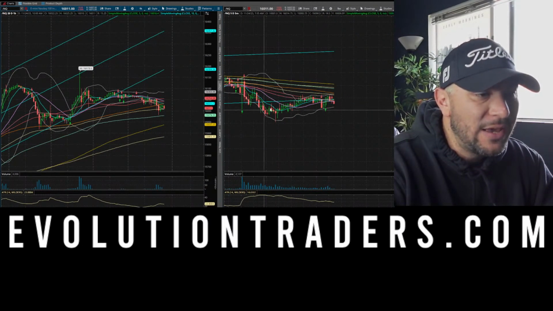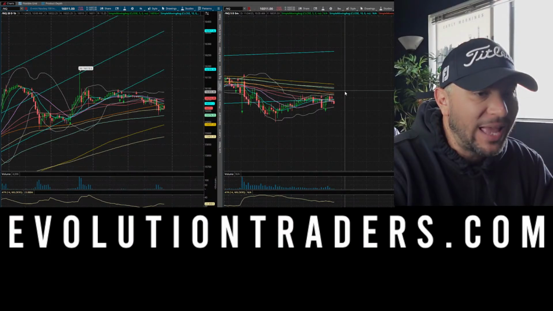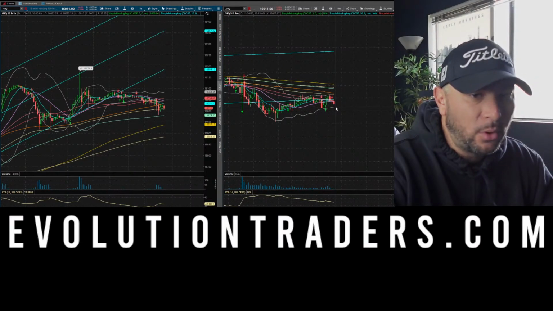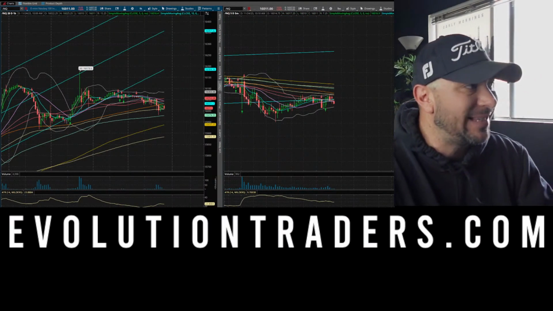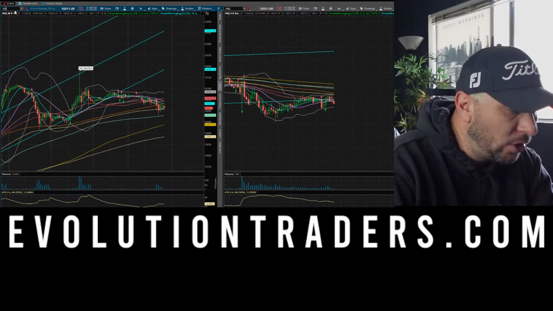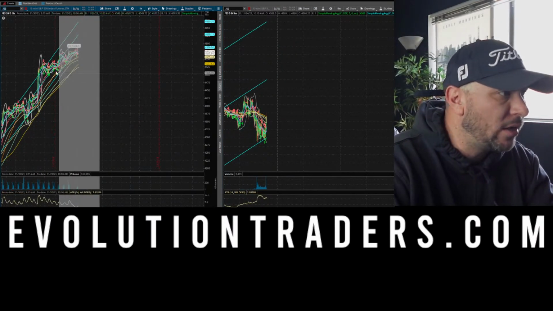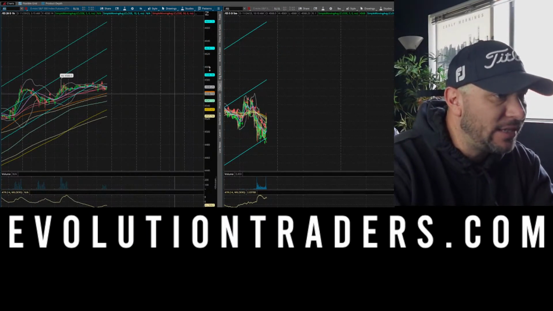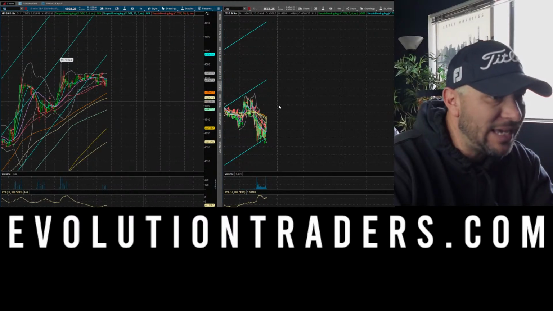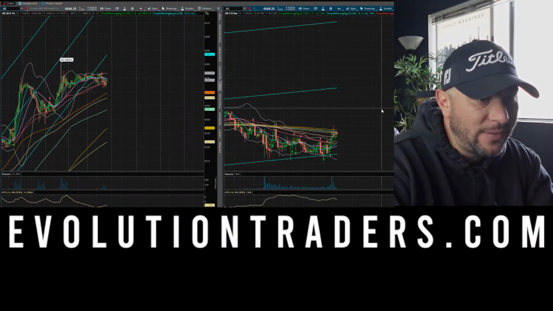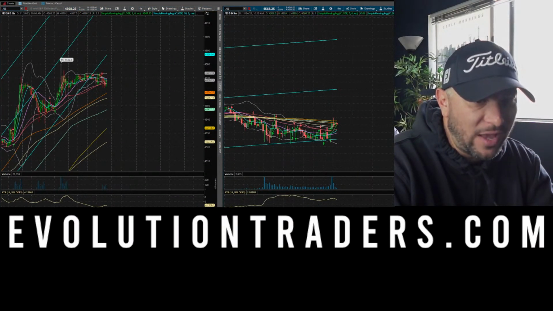The 5-minute chart is showing a little bit of a bear flag here, starting to break down. We've got some Bollinger Band support sitting at around 16,000. So let's quickly look at the ES and see what we've got going on, and see where the support is on the ES. We're going to be looking at the 1-hour time frame again. We're also going to be looking at this 5-minute time frame.